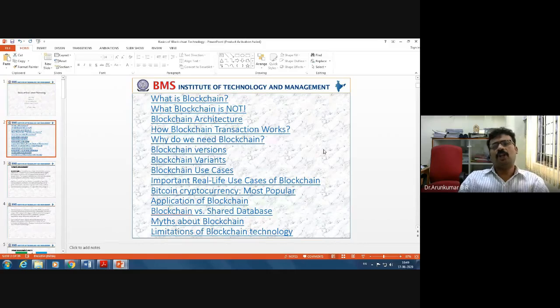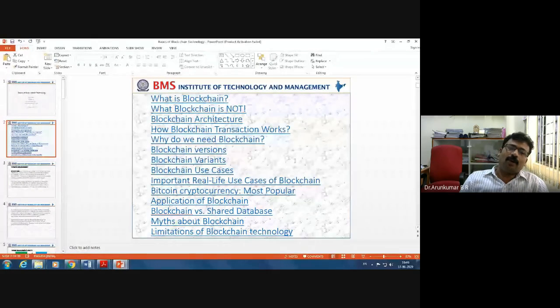So in this basics of blockchain technology, we will try to understand what is blockchain, what is not a blockchain, what is a blockchain architecture, how a blockchain transaction works, why we need blockchain, different versions of blockchain, different variants, blockchain use cases, important real life use cases of blockchain. What's Bitcoin?